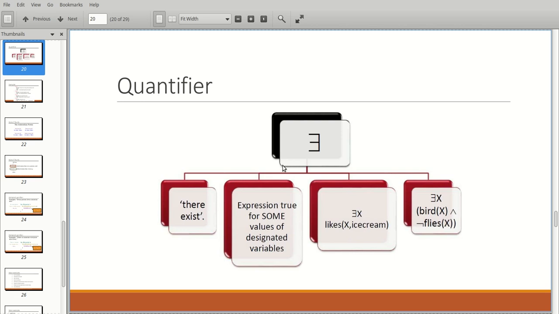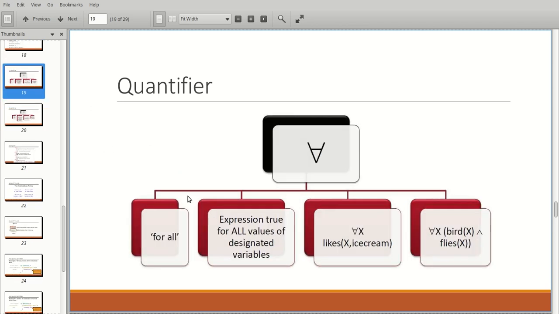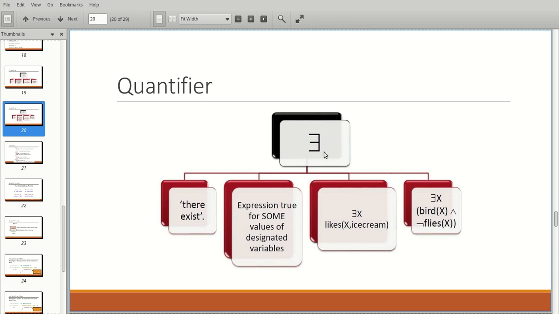So you can use the second quantifier, the existential quantifier, to provide partial existence, in contrast to the universal quantifier that represents for all. You can use the second quantifier if you want to represent the keyword some.